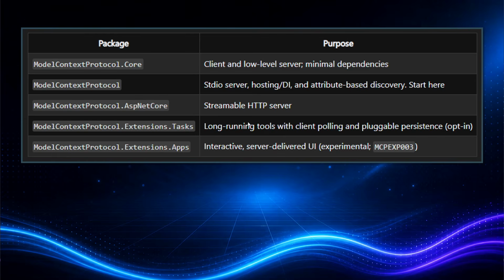Because it's still an experimental feature, it's now been put out into an extensions namespace for Model Context Protocol, so it can live there by itself. And the same for the apps, which is the UI part, which I haven't done so far, but I have to do on making one session about that as well.